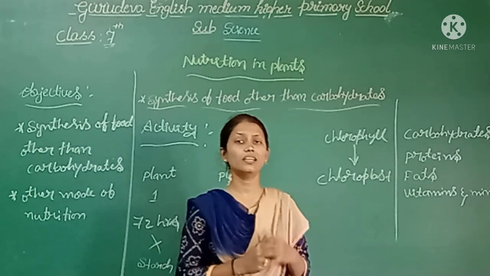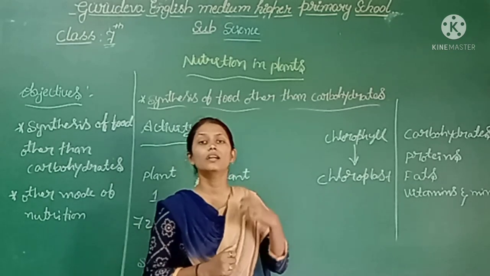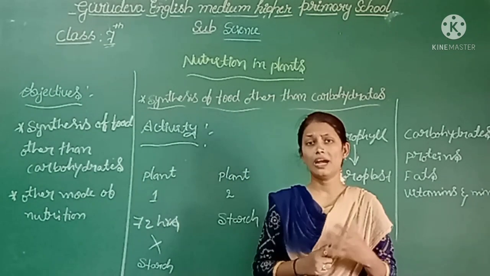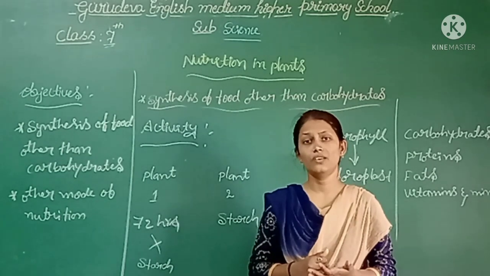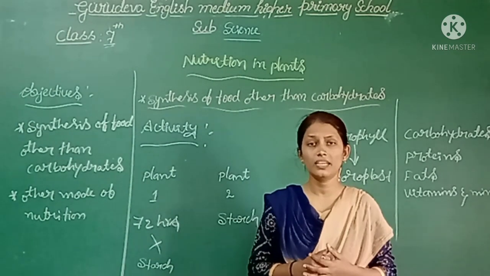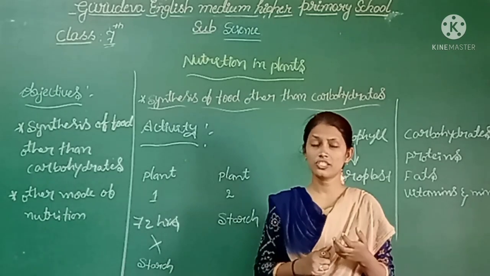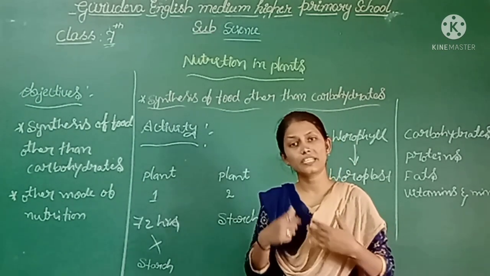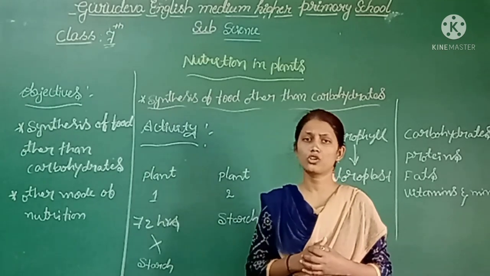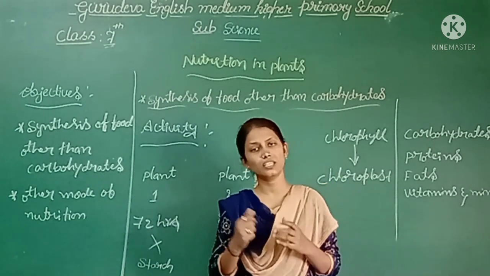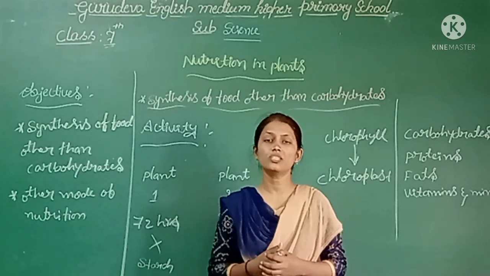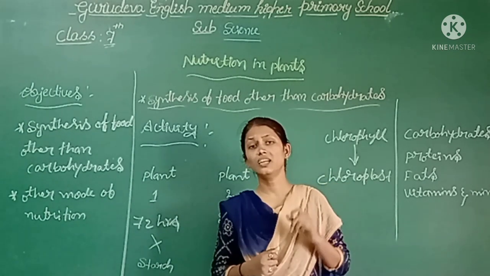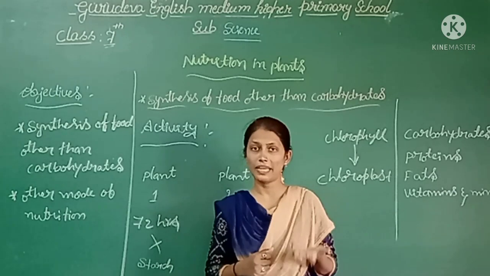As I said, the leaf prepares the food because it has chlorophyll pigment. You have seen that other than the leaf, the other parts of the plant like the stem and branches are also green in color, and the chlorophyll pigment is present in those also. Does the photosynthesis process take place in those also? Yes, of course. Photosynthesis takes place in a green stem and green branches also.